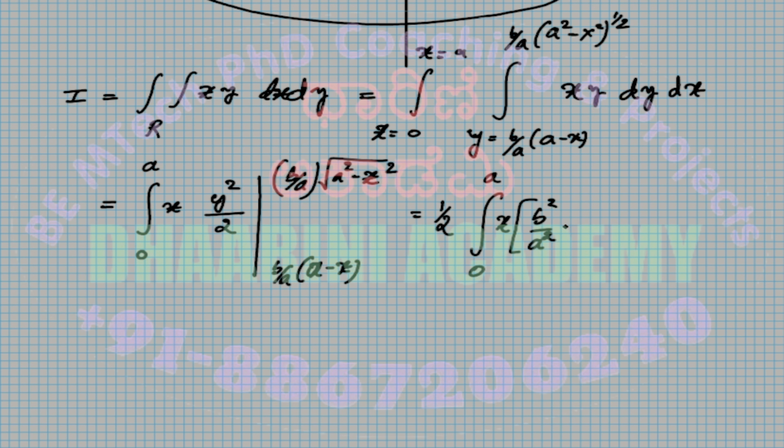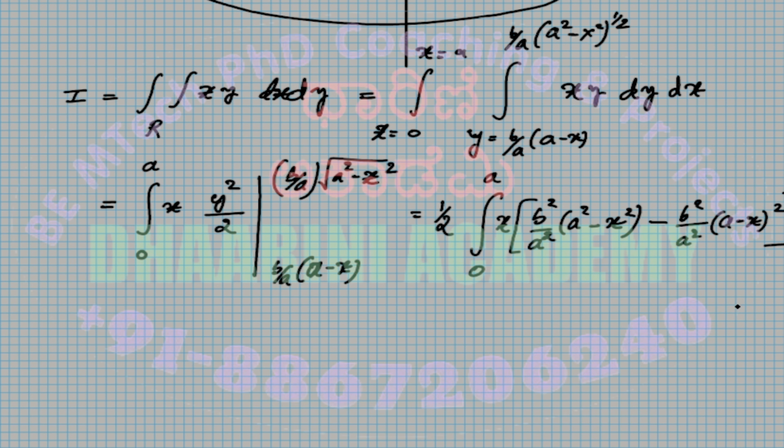The root and square will cancel, you will have simply a square minus x square. That's the first substitution. Then I need to subtract this, the b by a into, right, this a minus x, right? So that becomes b squared, squaring, there is a squaring. So b square by a square into this is a minus x the whole square